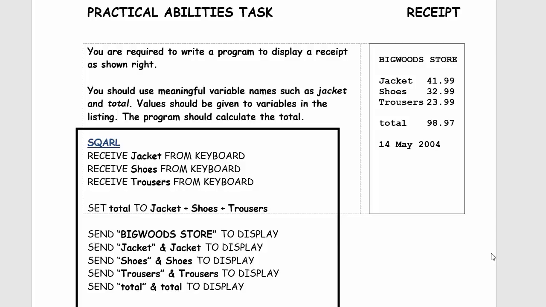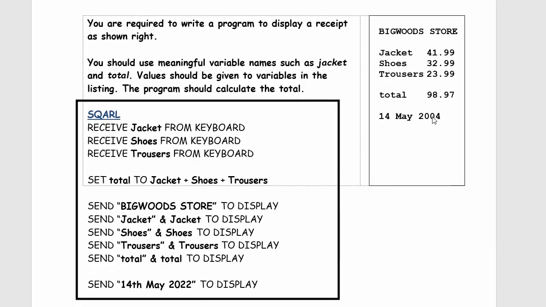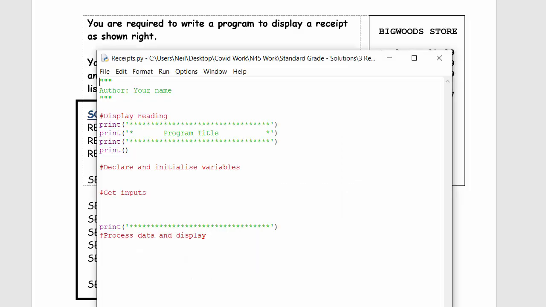So here's the next task. It's called receipt, and it essentially asks you to enter the cost of various items. It then creates an itemised receipt. So it outputs the cost of each separate item, then it outputs the total cost, and then it also outputs the date as well. This is when it was initially created there, and obviously I've changed it to this year. So if we go onto the actual program itself,